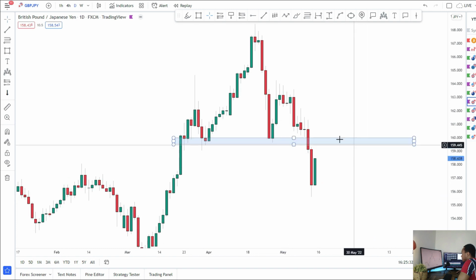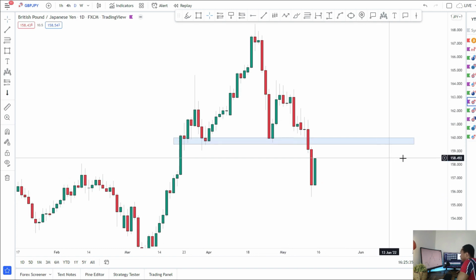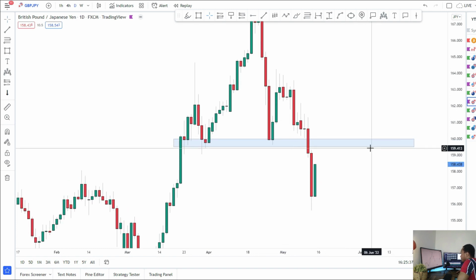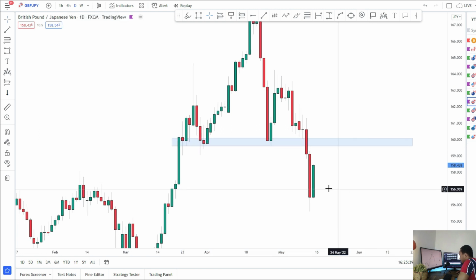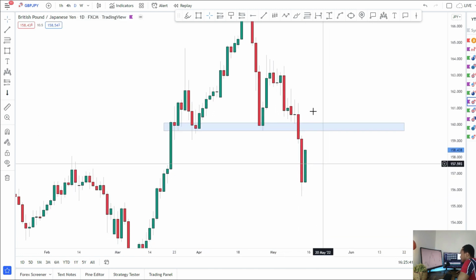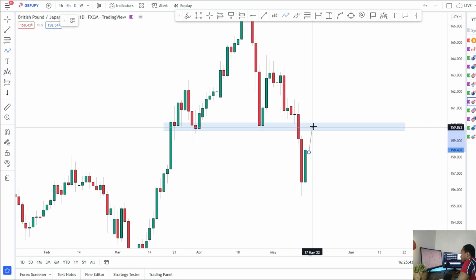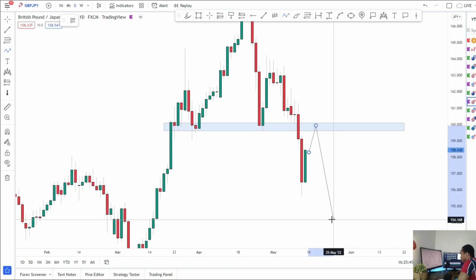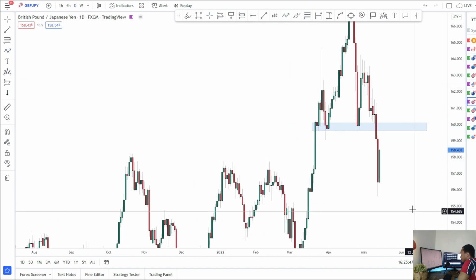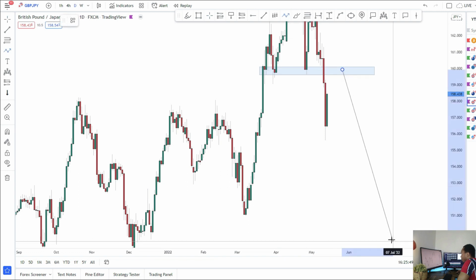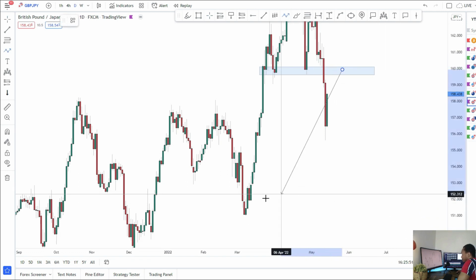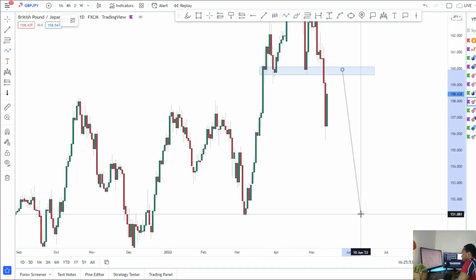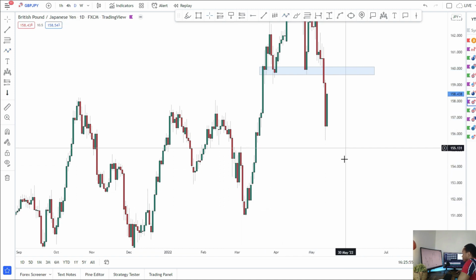I've broken through. So this is a key area, 160, and again a key psychological level as well. 160, very key level. So we'll be looking to see what happens on the retest, because if we do hold this as resistance, the market can definitely go a lot further. Because again, we've had this crazy bull run. We could see a lot more downside and price retrace. Pretty much this whole bull run here could be retraced,